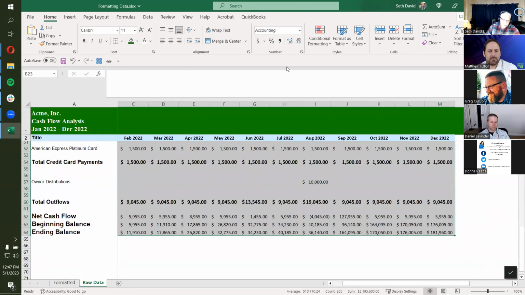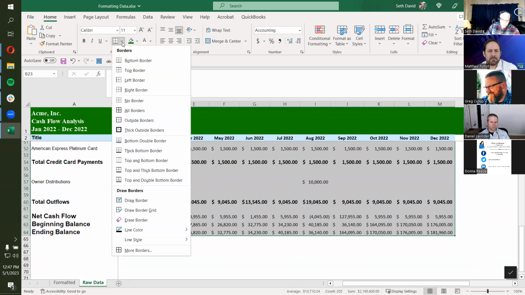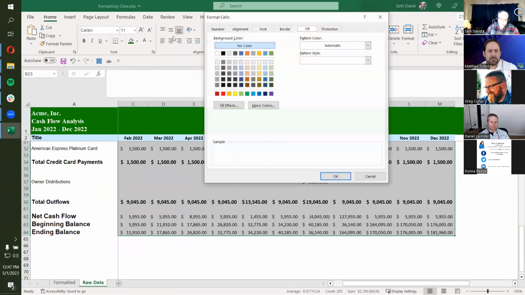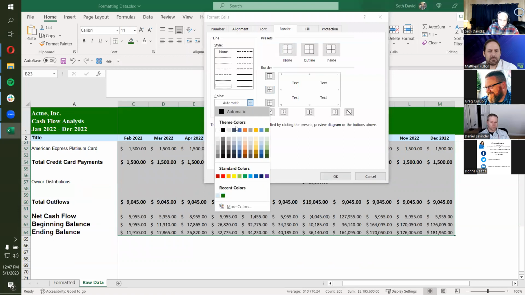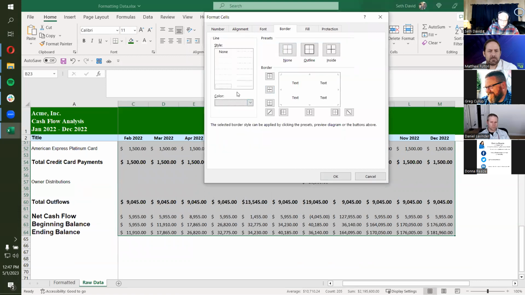So I've got this whole region highlighted. Again, I can use the grid line drop down here. Okay. And what I want to do here is actually, I'm going to use the Control-1 because that's a little bit easier dialogue to work with on this. So if I go here to border, over here, I can select the color. Okay. And let's just pick like a nice light gray.